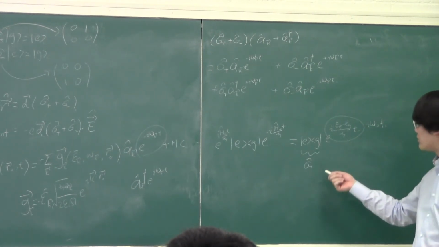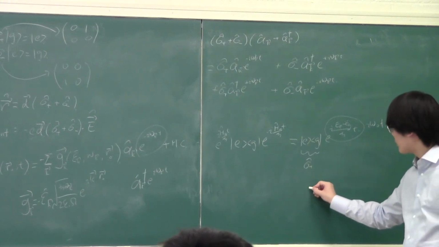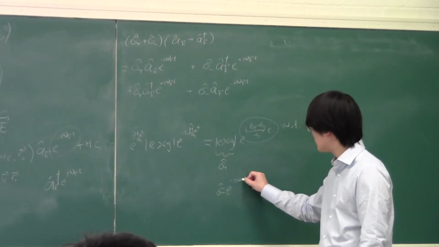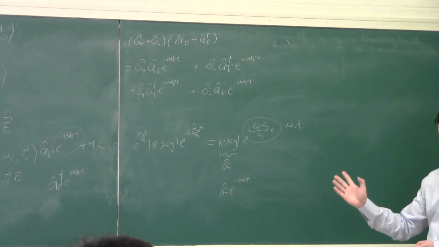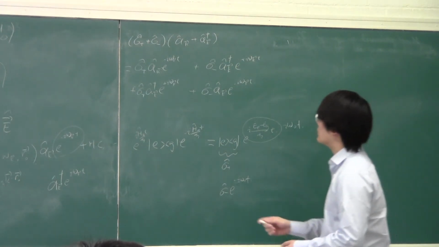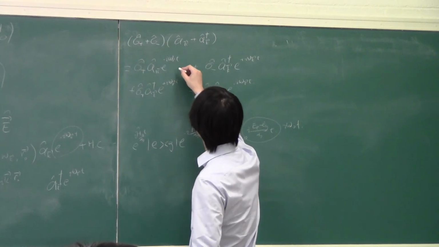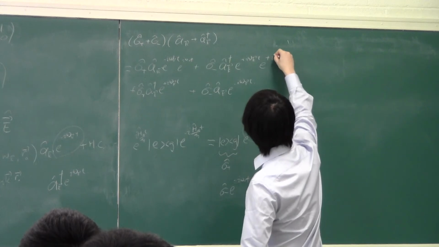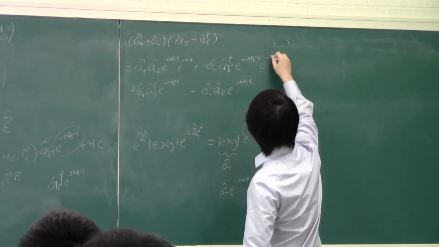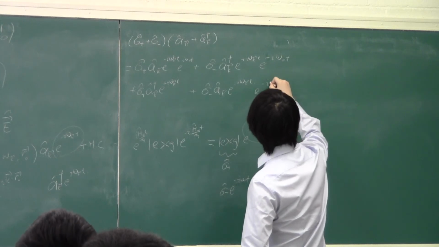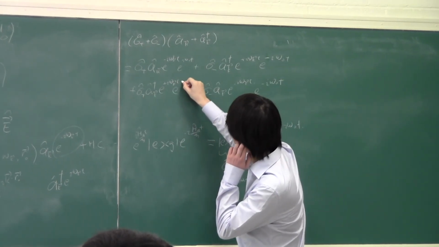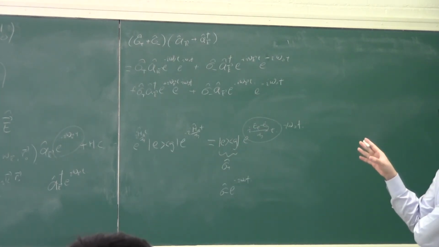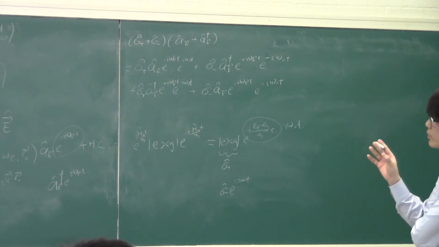Whereas if you do the same thing, sigma minus would have attached a time dependence e to the minus i omega naught t. So this is roughly how they're going. So now let's attach these things into here. Okay. So now that we've written down their time dependence, we can do the rotating wave approximation by saying, well,